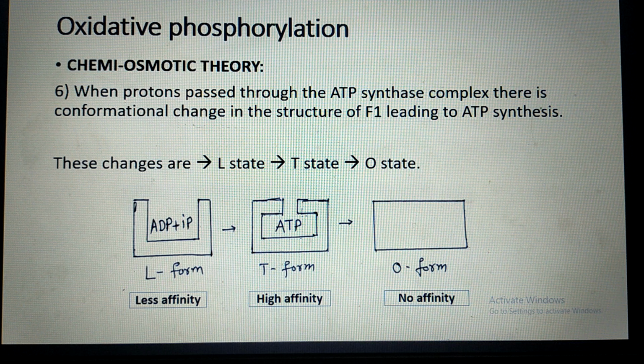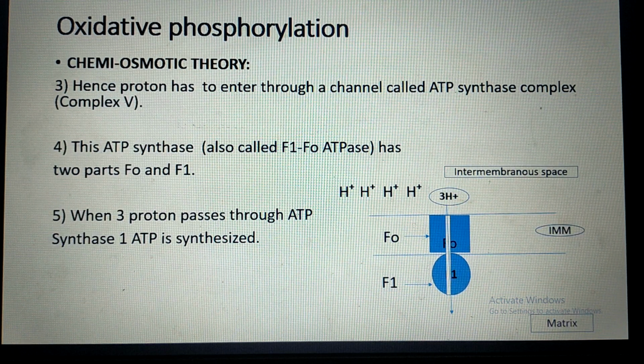When 3 protons enter again into the F1 subunit, again the L form is converted to T form and ATP is synthesized. So in this way, this process goes on. To convert the L form into T form, the 3 protons should pass through the F1 subunit. Otherwise, the L form is not converted into T form, and ADP is not converted into ATP. So the passage of 3 protons is very essential for synthesis of ATP, and these protons pass from the intermembranous space to the matrix,